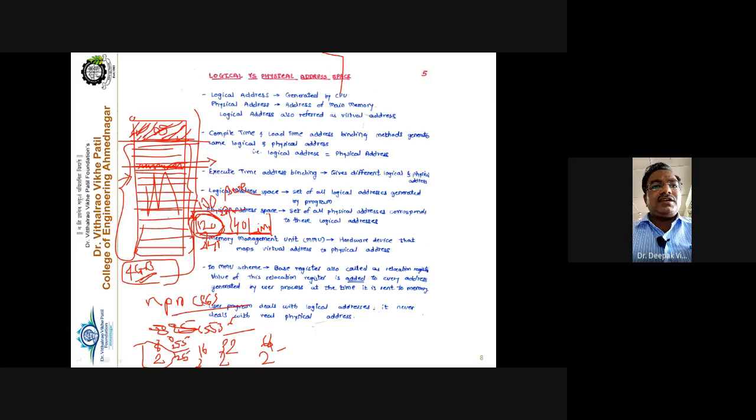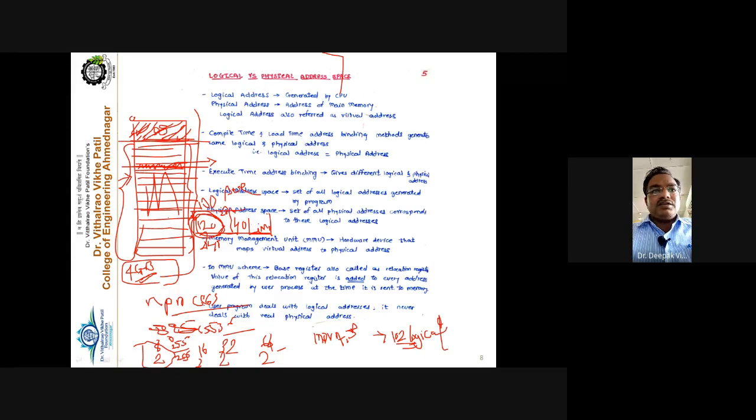Suppose I want to execute a move A comma B instruction. If this instruction is to be executed and it is loaded, what is the first step? The CPU generates a logical address, say for example 102, to execute that particular instruction, move